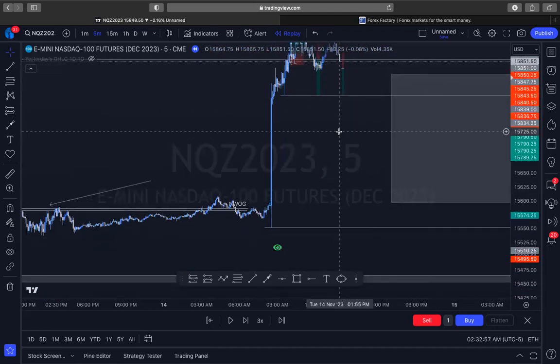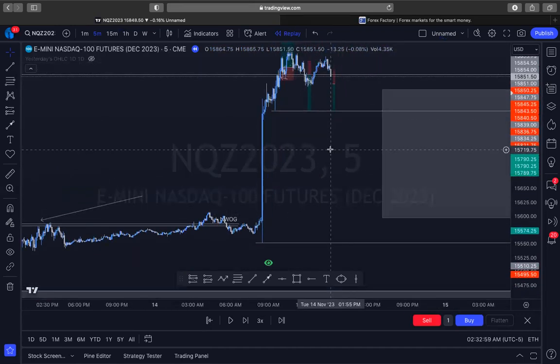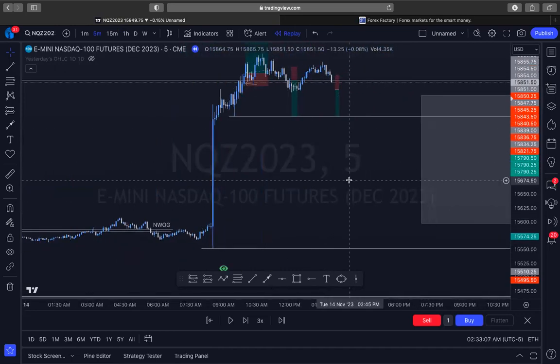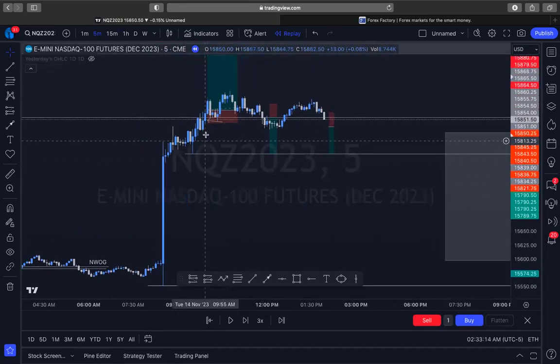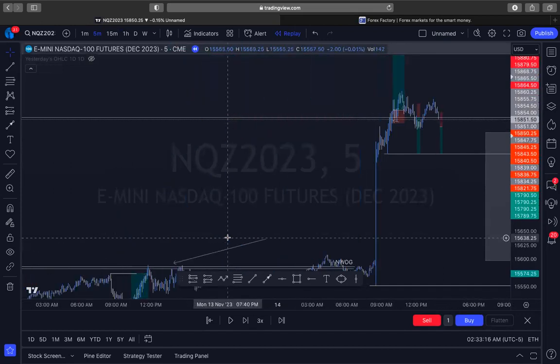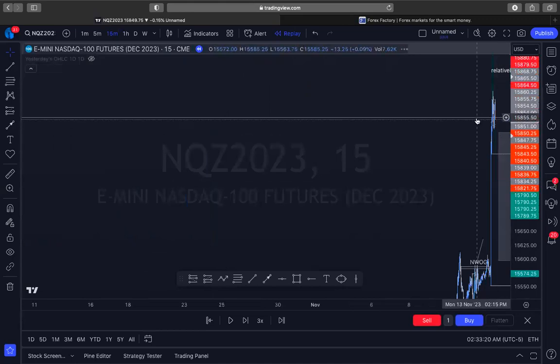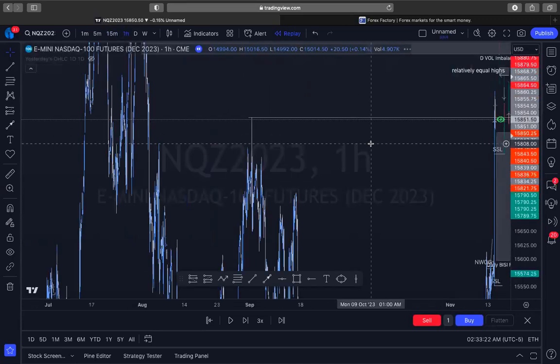You can tell it's a huge candle, what ICT refers to as a busy fair value gap. Huge imbalance right here. And again, I don't want to trade when this is happening. I want to trade the aftermath and what happens. So once I saw that we had, well, let me see if I can go back so you guys can see what this line is. I just want to show you what that is.